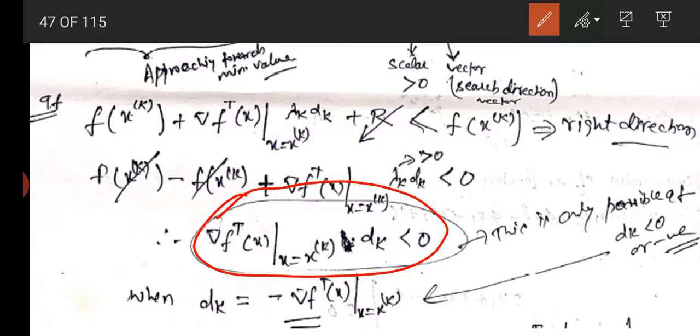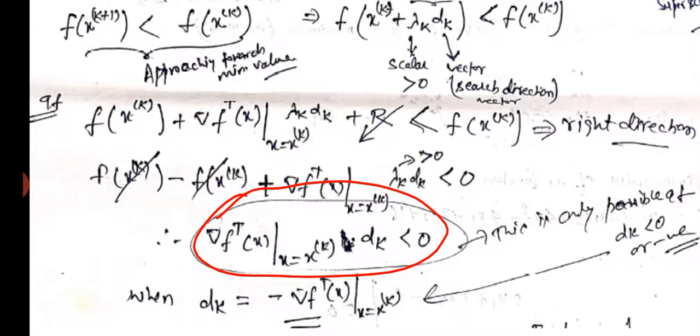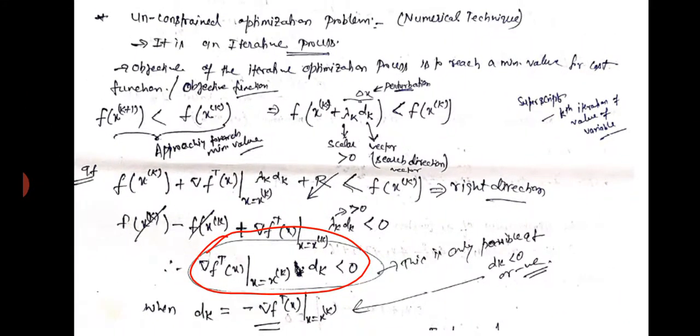Now see, it is very important. Once again, I am illustrating this slide. What is the unconstrained problem? An unconstrained optimization problem is a problem without any constraints. Such problems we have to solve using an iterative method, the numerical method. You calculate the function after one iteration, after n iterations, and the next iteration value must be lesser than the previous one, so that you are going in the right direction.